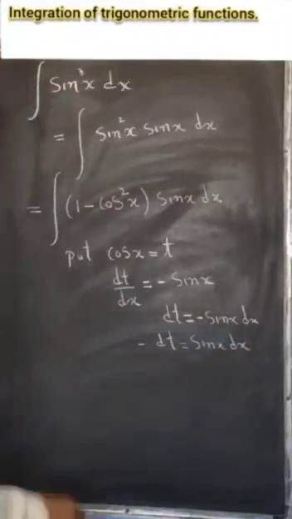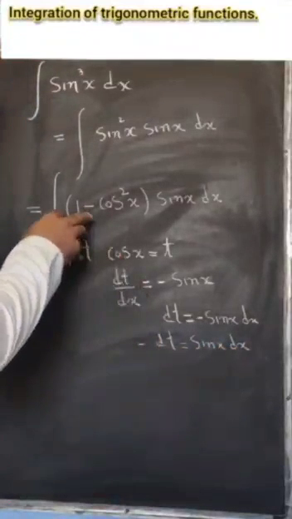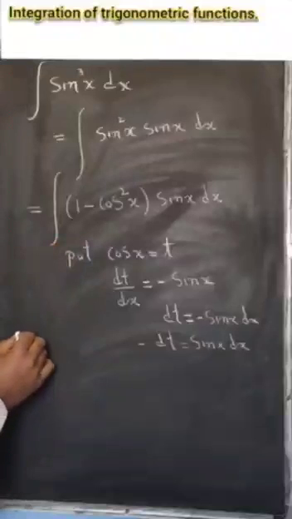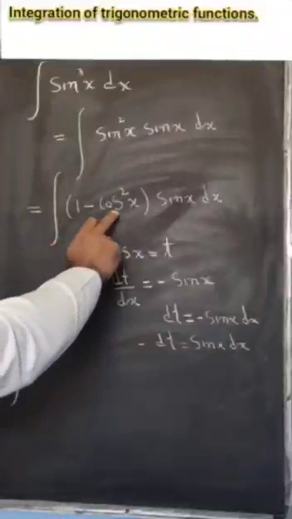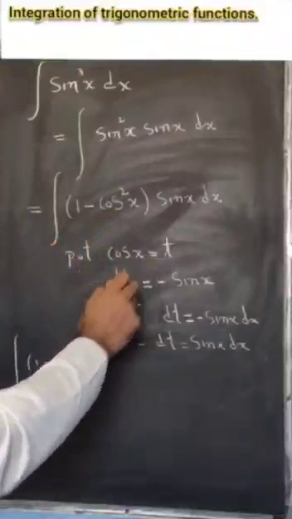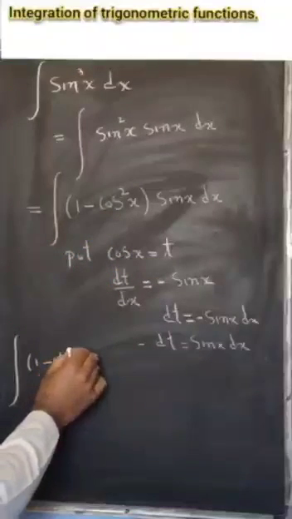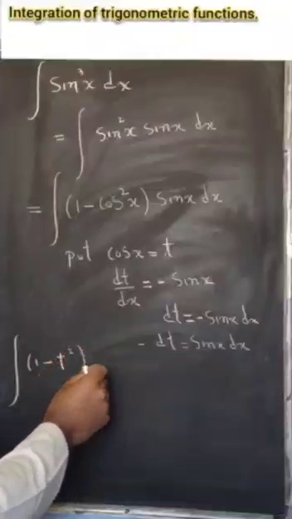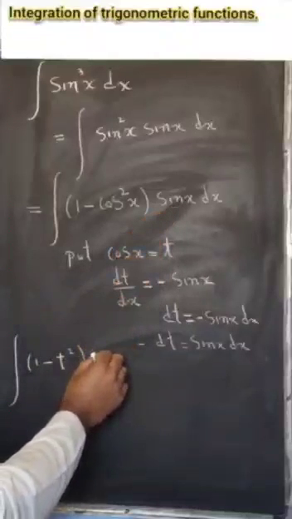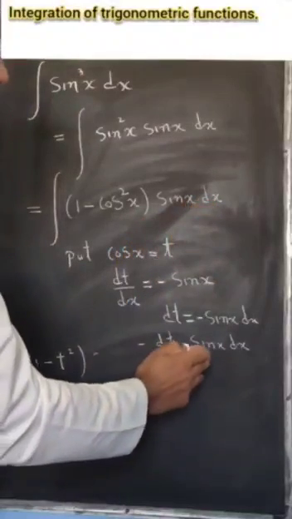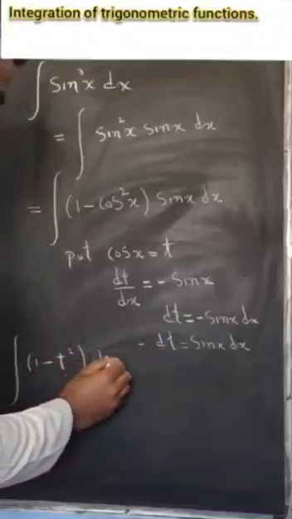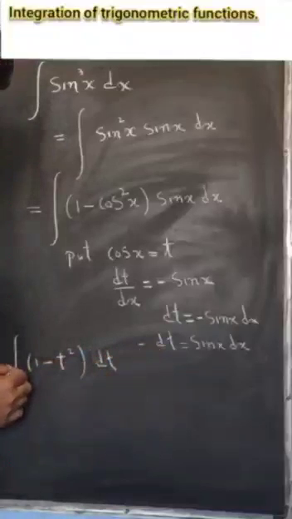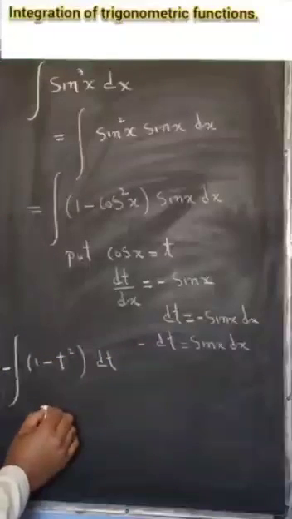dx. Now substitute these in this integral, we get integration of 1 minus, instead of cosine we put t, it's t square, then we have sine x dx. Instead of sine x dx we put here minus dt, so put minus dt. Let us write minus here. So that is equal to